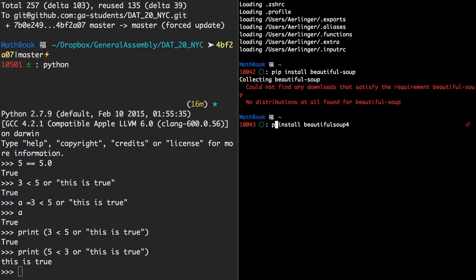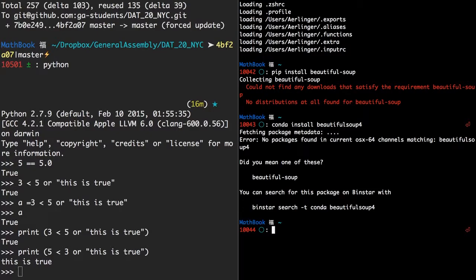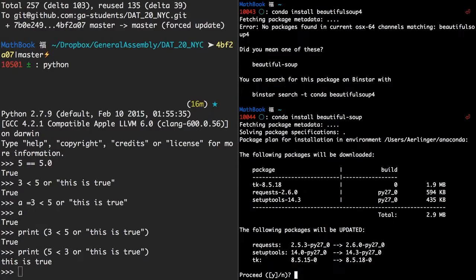Some of you might need to run conda install if you're using Anaconda. For conda, it's conda install beautiful dash soup.